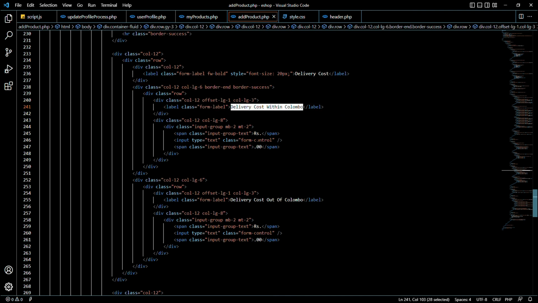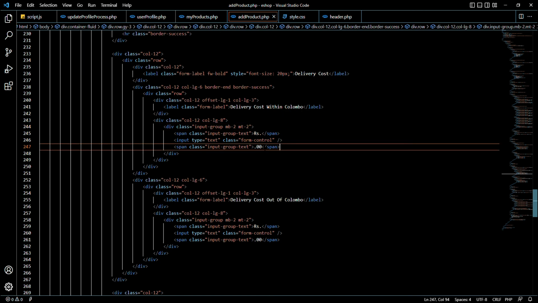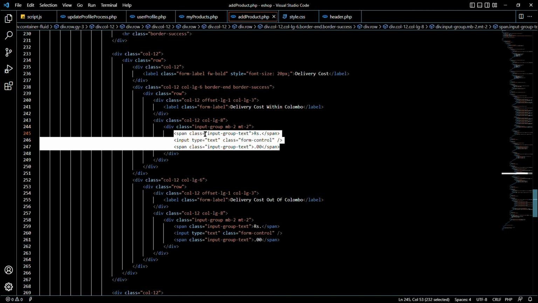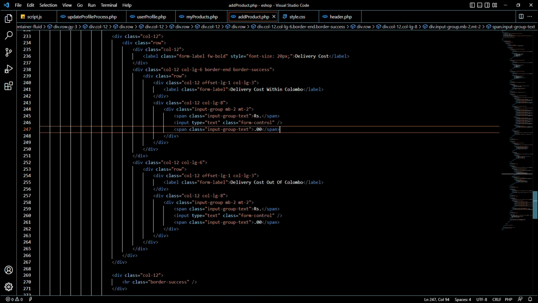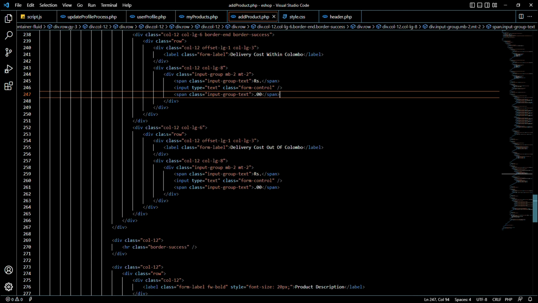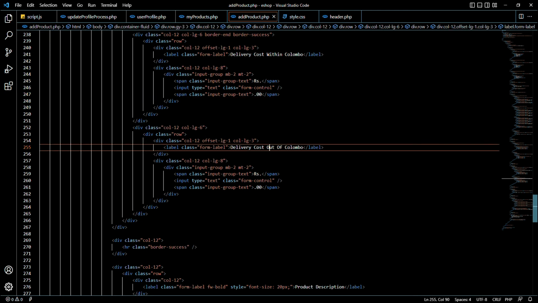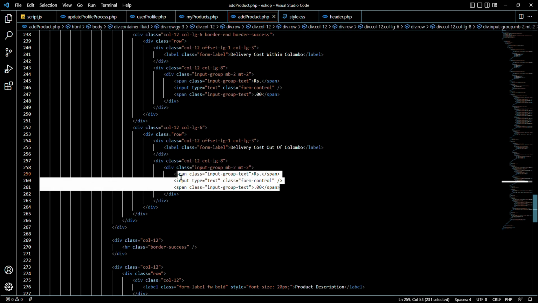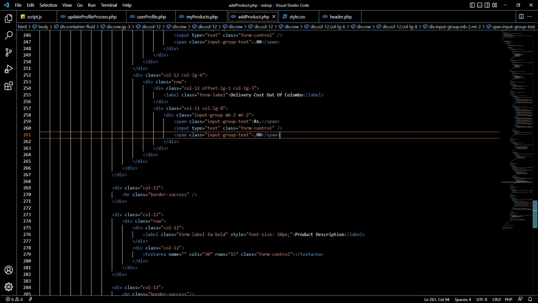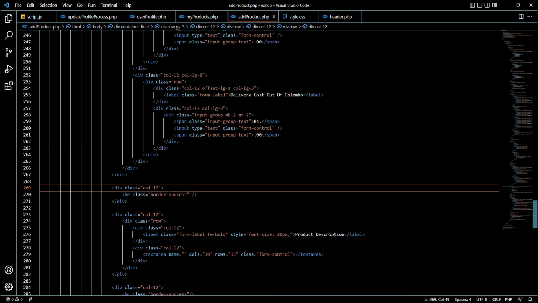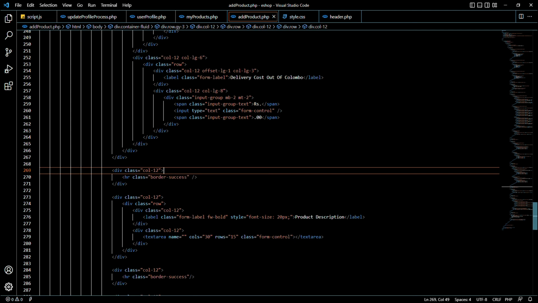And then we were able to see the same input field we saw before when we were adding the price of a product. So that's the same as before. And then we have created the same class for delivery cost out of Colombo. So then there will be a green line dividing the delivery cost within Colombo and the delivery cost out of Colombo, and then you were able to see the same input field as we discussed before with the rupees, then the value we are able to type, and then the .00. Then again we had another horizontal line dividing the screen,